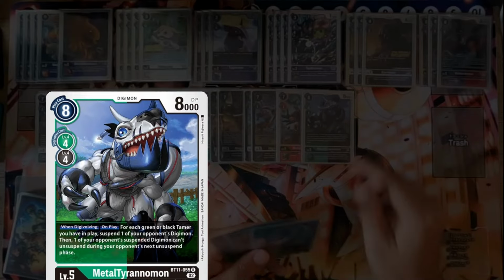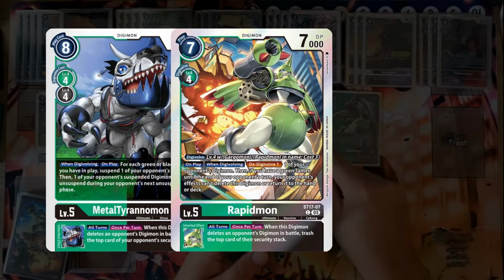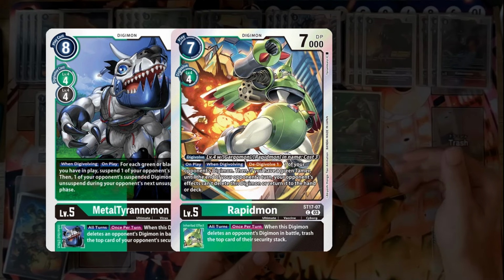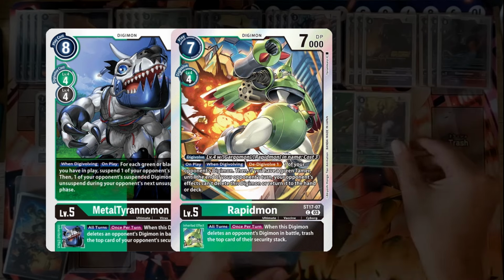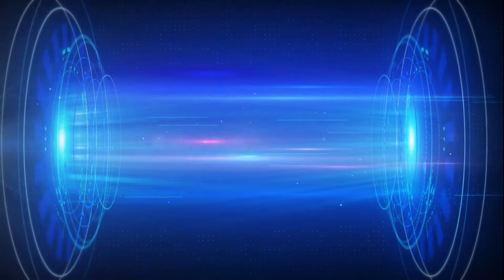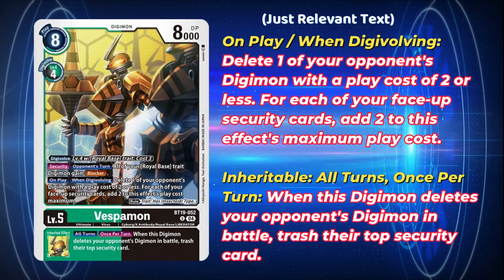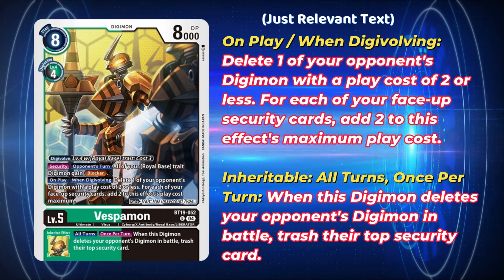We're still playing our MetalTyranno and our copy of Rapidmon, because these are the best generic cards that have that Security Trash effect, while still having relevant on-play effects. For the other one, I am choosing to personally play Vespamon, just because it's on play. It lets it pop a 2-cost or less Digimon unless you have face-up security cards, which obviously we're not going to. But the fact that it does have an ability to pop a body, even if it's not likely to